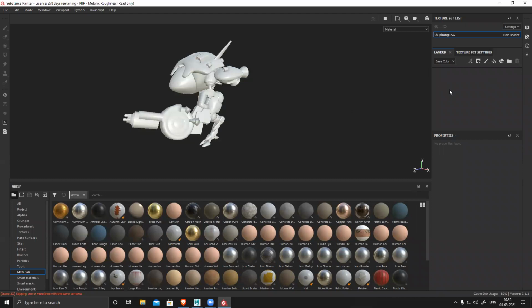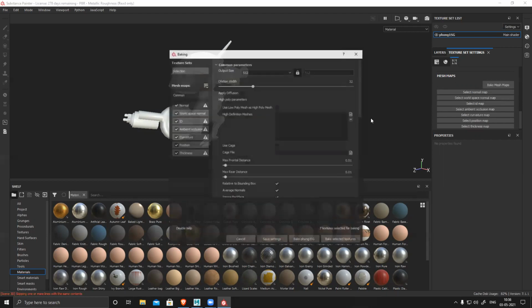First things first, to work on this, I need to bake all the maps. Just scroll down, you can see mesh maps. I have to bake a mesh map. Basically, Substance is an algorithm, a program, so it needs to read your model: your position, your normal direction, your placement in the world, your curvature map, your ambient map, everything. Based on that, because it has a lot of generators, and those generators need all these maps to generate effects. So we need to bake. This is very important. Make sure you import your model and bake all the maps.